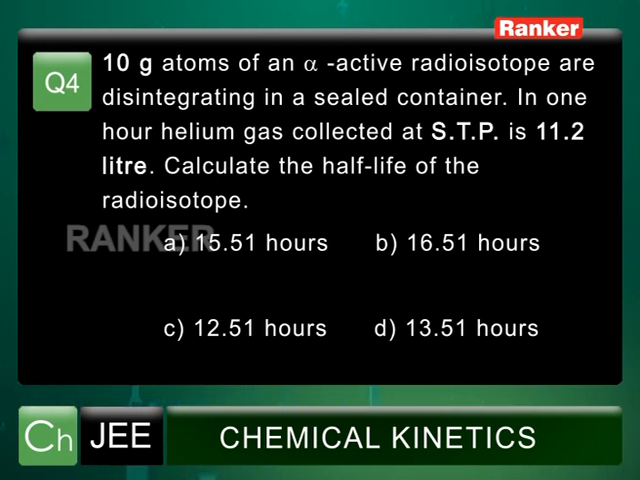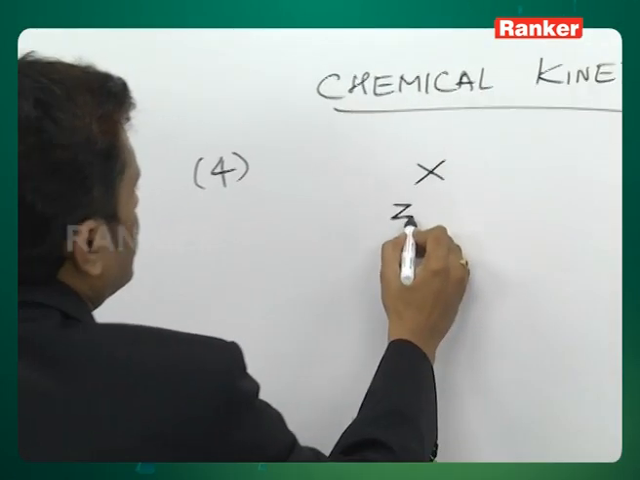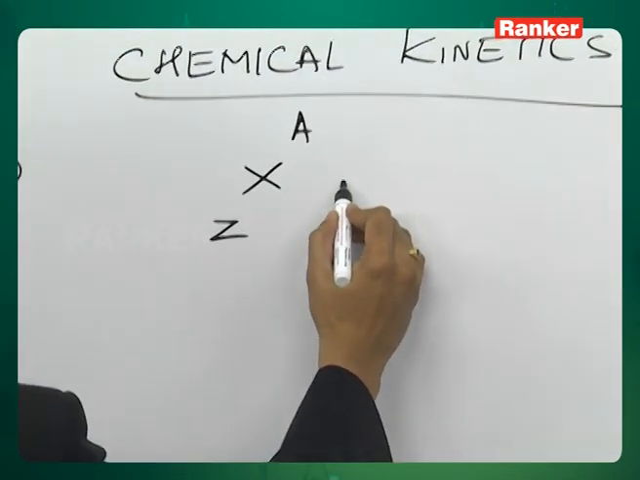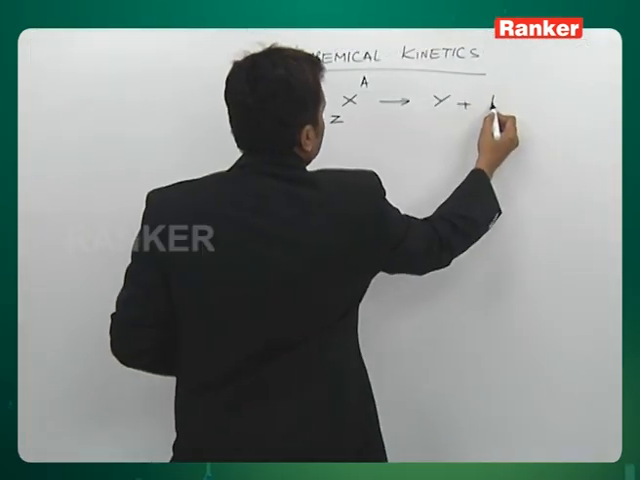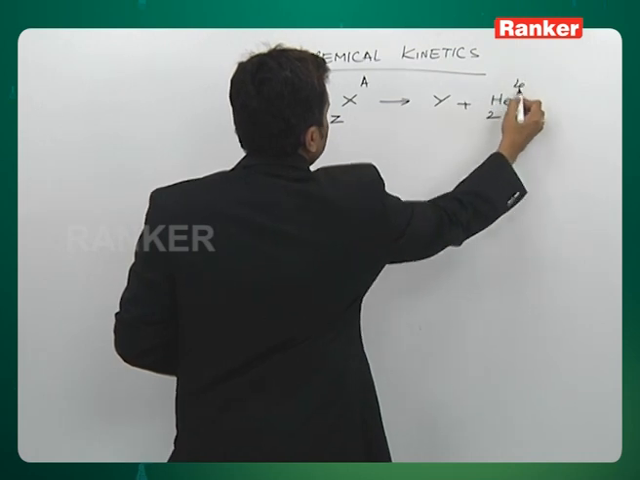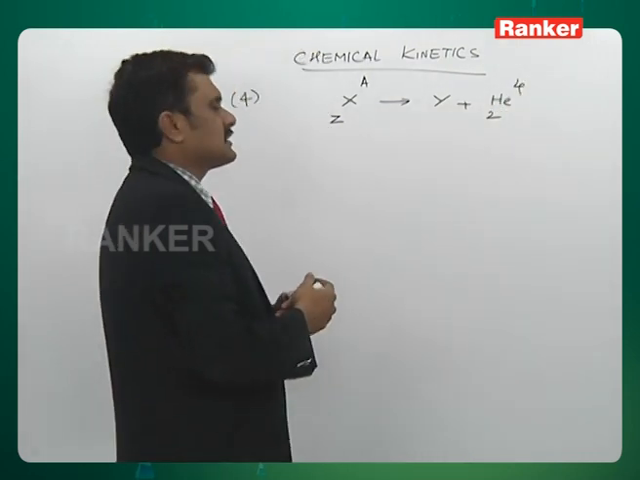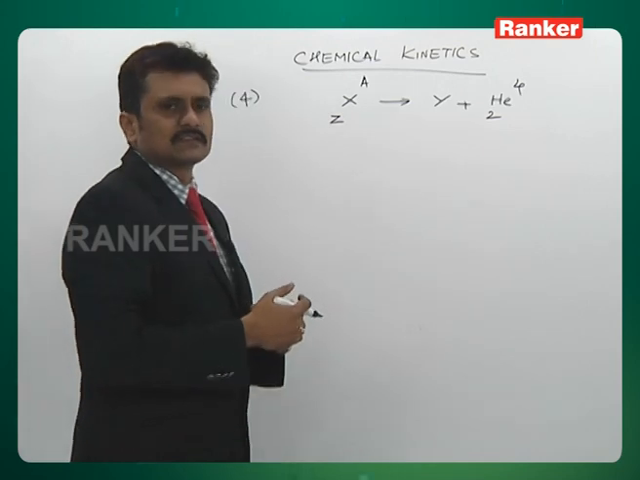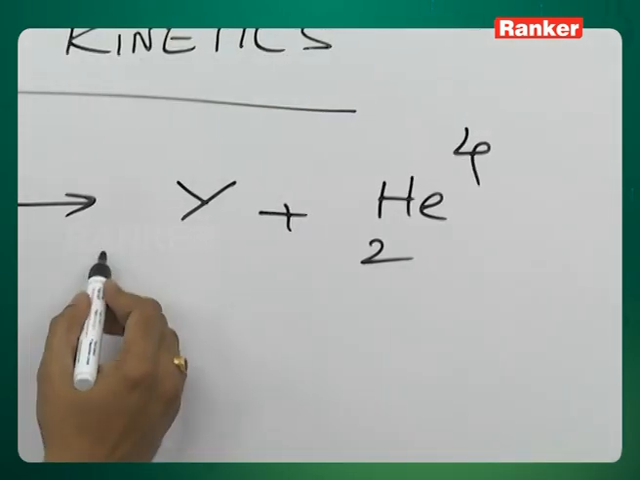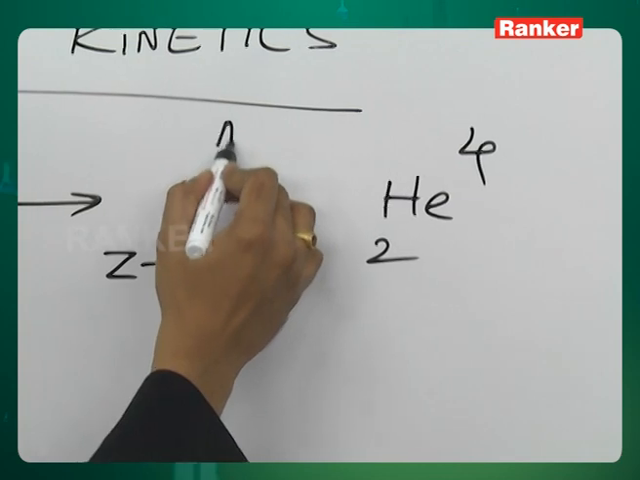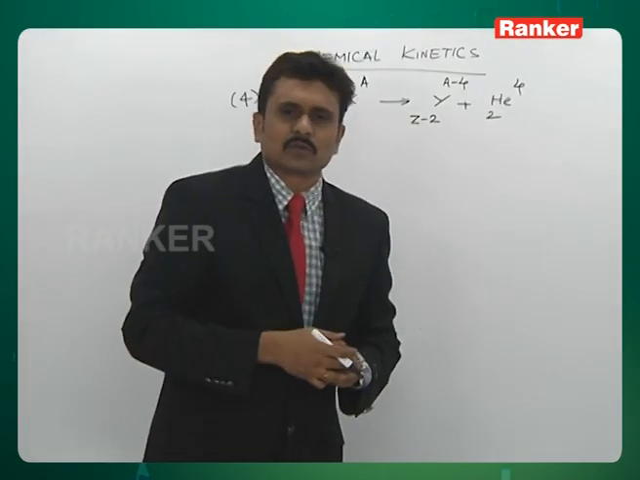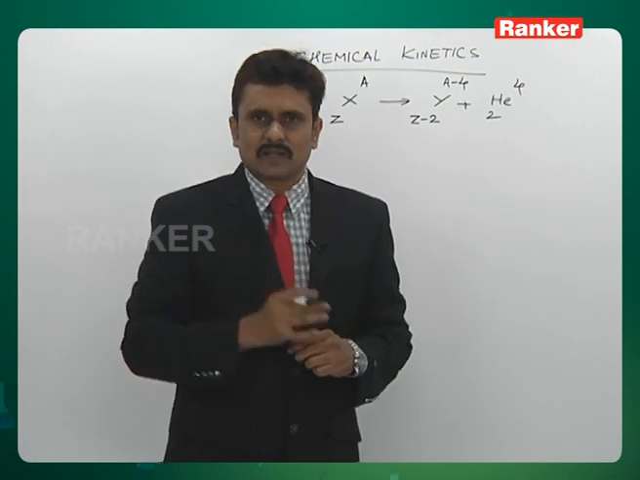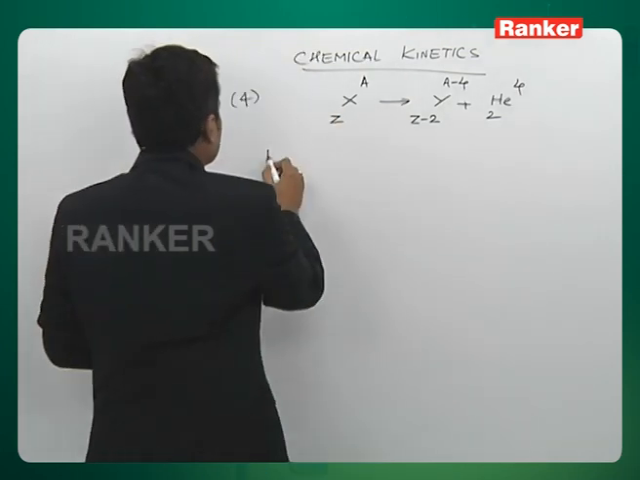So here you see we have got one radioactive isotope, say X, with the atomic number Z and mass number A, undergoing the decay in a sealed container where helium gas is evolved. That is the combination of the alpha particle with the free electron we call as helium gas. And when helium gas is evolved or alpha particles are evolved, the resultant daughter nuclide will change its atomic as well as mass number. Now you have been given that you have taken 10 gram atom, I mean to say 10 mole of